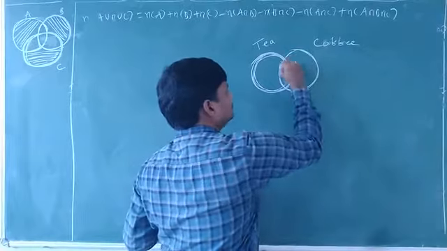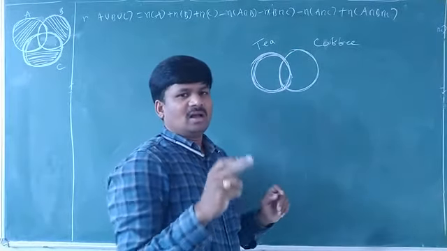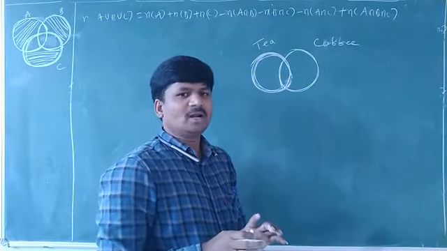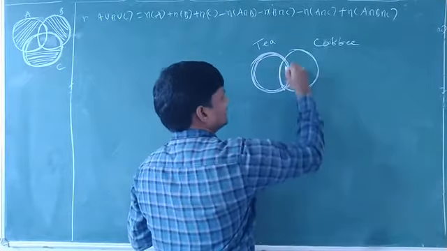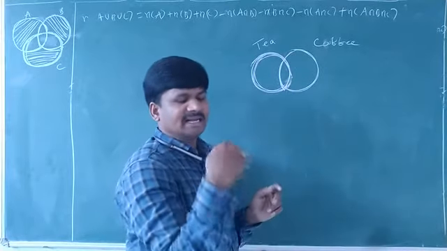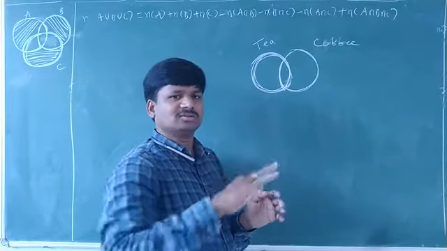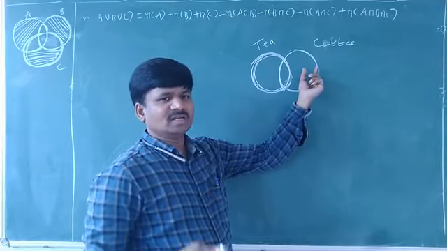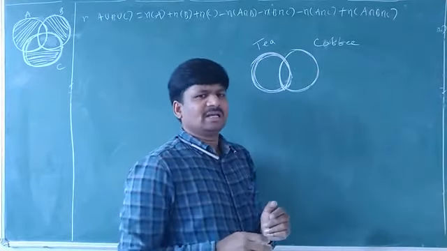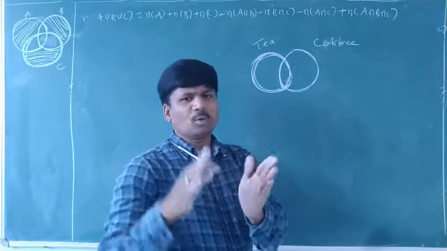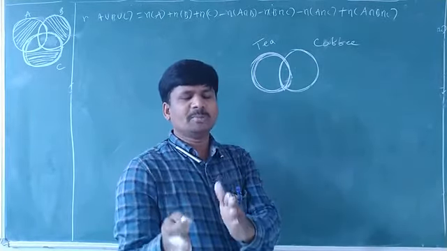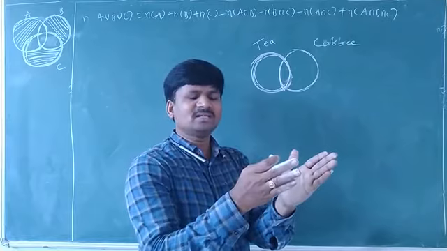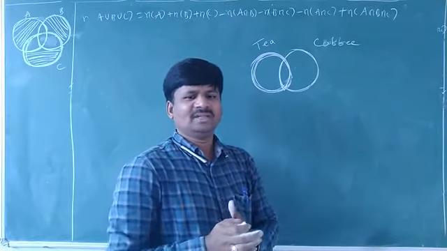Okay. What about this one? The people who like tea and coffee, tea and coffee both. Just see, it is intersection. Intersection means some will be interested in taking tea, some will be interested in taking coffee, both also. Somebody will take tea and coffee. Somebody will take only tea. Somebody will take only coffee. That means only coffee means those people are not interested in taking tea. Only tea means those people take tea only. They will not take coffee.